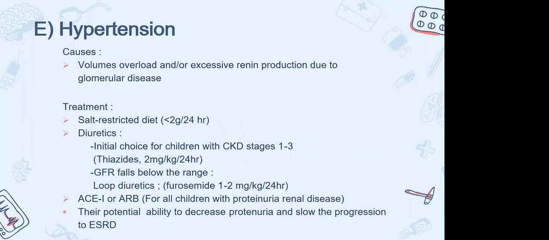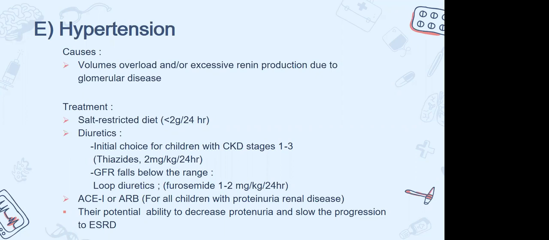Next, for the hypertension, children should follow a salt restricted diet, which is less than 2 grams per day. First, the thiazide diuretics such as hydrochlorothiazide. We give it twice a day with 2 milligram per kilo per day, so we give 1 milligram in the morning and 1 milligram in the evening. This one is the initial antihypertensive agent for children who have mild renal dysfunction, which is stage 1 until